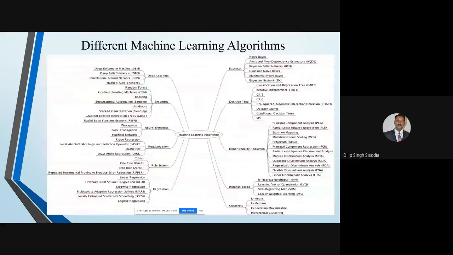Okay, so you can imagine the landscape of machine learning. Just suppose, in machine learning, one type of algorithm is known as decision trees. Here you can see the different types of algorithms available for decision trees: ID3, C4.5, C5, chi-square decision tree, conditional decision tree, M5, and this is not an exhaustive list. I can add 10 more algorithms to this category. So decision tree is a class of algorithm, and out of that, tens or hundreds of algorithms are available.